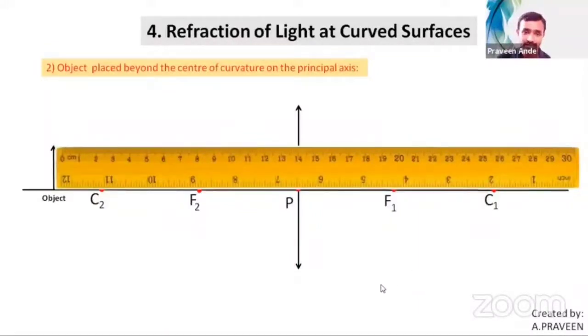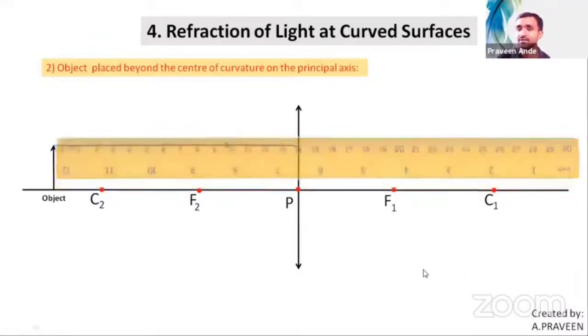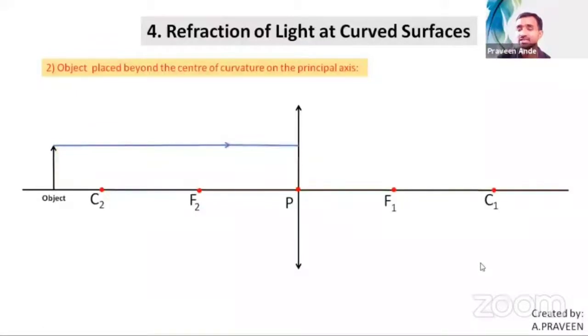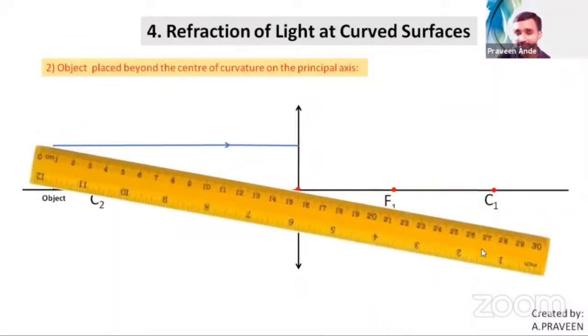It is equal. Then choose the top of the object and draw a parallel line before removing your scale. Then remove your scale. Now a second ray is required from the same point, the top of the object, which passes through the optic center of the lens. So just connect the top of the object and the optic center of the lens as you see here using the scale. Then join them with a ray. So this ray looks like it is passing through the optic center of the lens.